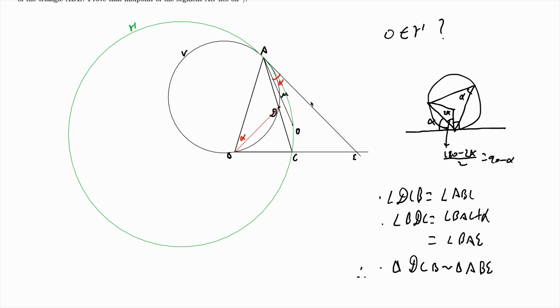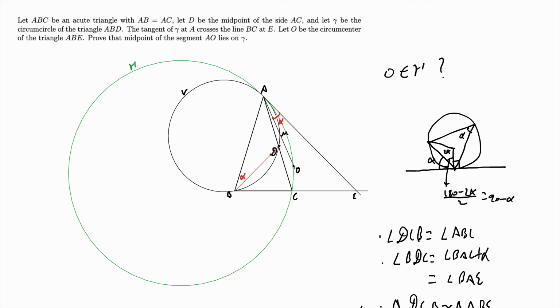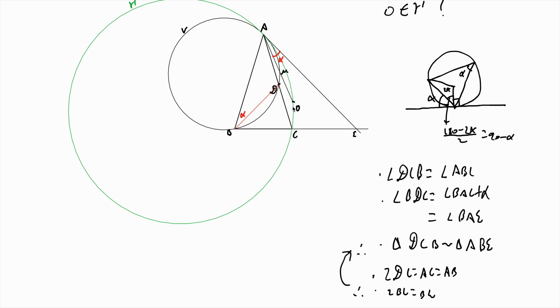Then, what other piece of information do we know? DC equals half of AC, and AC equals AB. Therefore, BC to BC equals BE. We just use the ratios from the similar triangles. Therefore, this angle